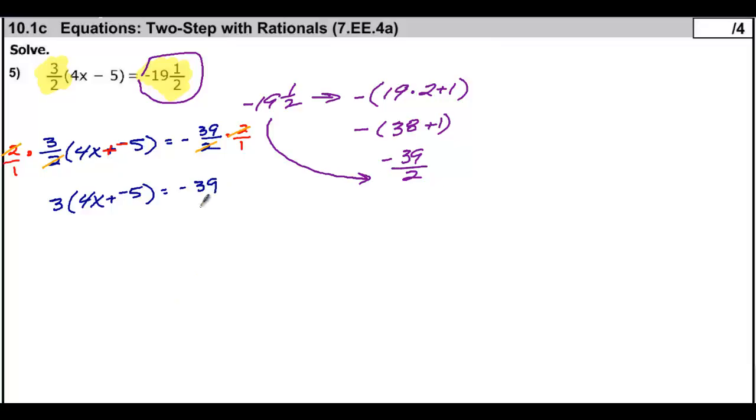Let's pause for a minute. Let's just enjoy the fact that all the fractions are gone. And now we're ready to distribute. So we've got 3 times 4x, 12x, plus 3 times negative 5, negative 15, equals negative 39. We are going to add 15 to both sides because we want to cancel this out. Negative 15 plus positive 15 cancels all the way out, which means over here we've got 12x equals